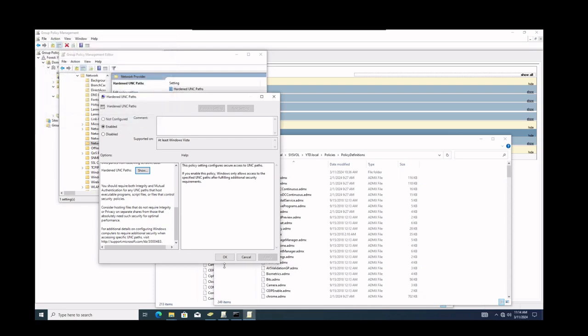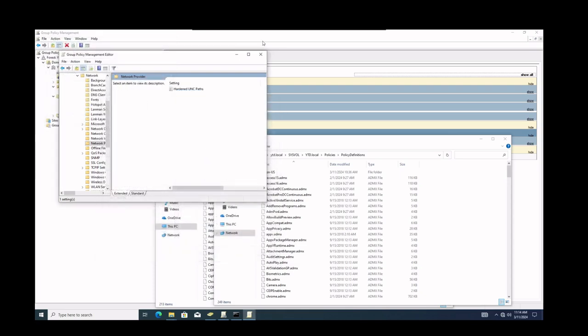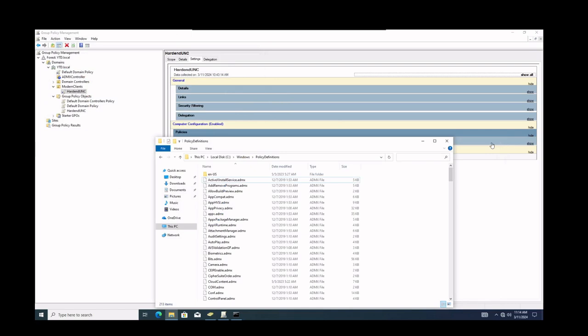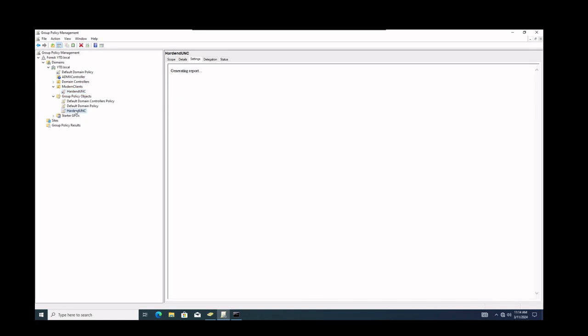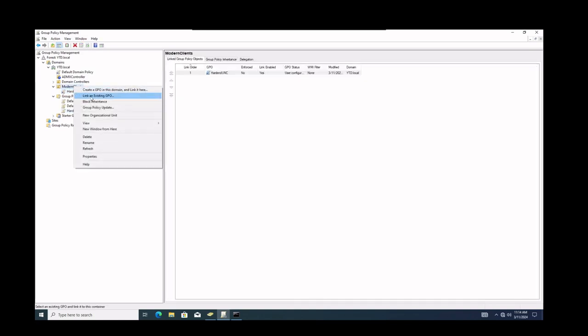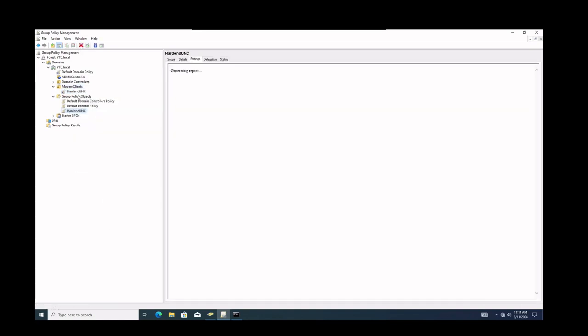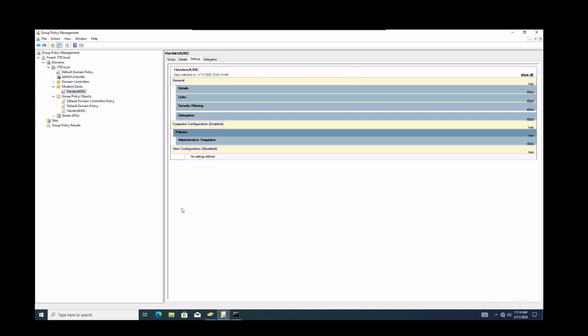So once you have this in there, we'll just click OK. We'll close out of all these configurations because we have all our configurations at this point checked. And we're going to add the Hardened UNC to the modern clients. So you'll see it down here, and you'll just right-click Modern Clients and link an existing GPO, and then just link the GPO. And what we'll do is we'll jump over to the other desktop now,